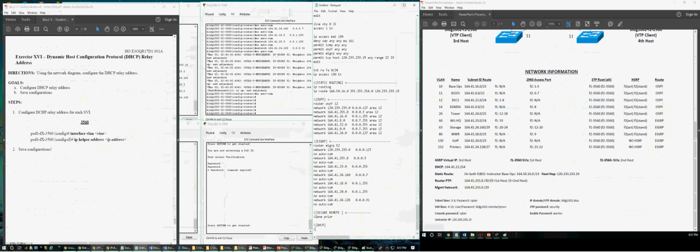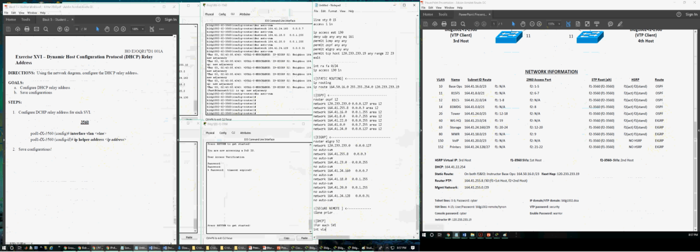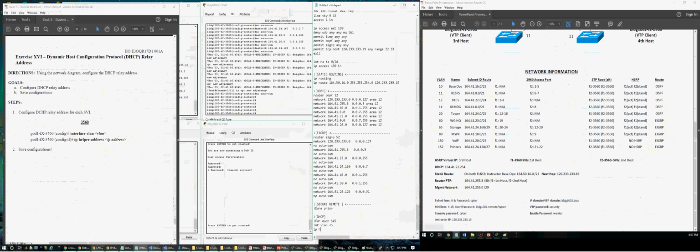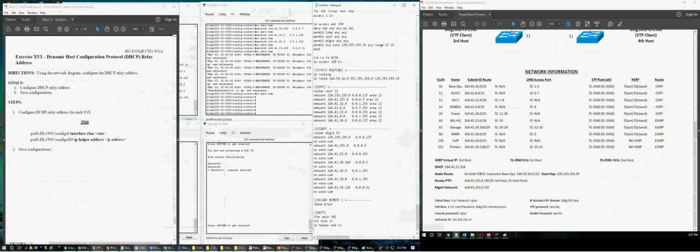So for each SVI, we would go int VLAN the number, IP helper-address, and you put in the IP. But I don't believe it actually checks for it, so to say. So I'm going to just forego that or leave it for later. It is something we should do, absolutely,